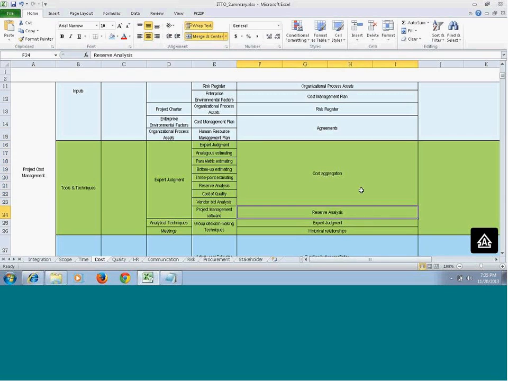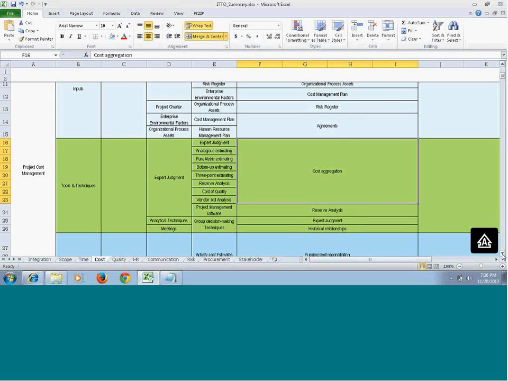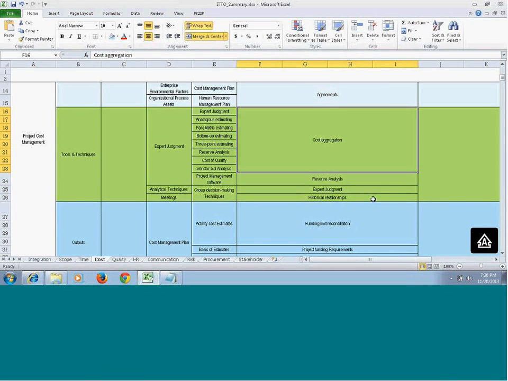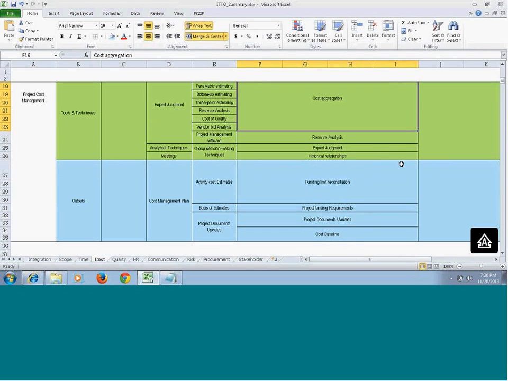Based on the unknown risk, that risk you could not identify in your risk identification process, there is a management reserve as well. That management reserve also gets added to the cost baseline, and you finally get the project budget. So all this process happens here, and then reserve analysis, as I said, there is a contingency reserve and a management reserve based on the known risk and unknown risk. You will add it here.